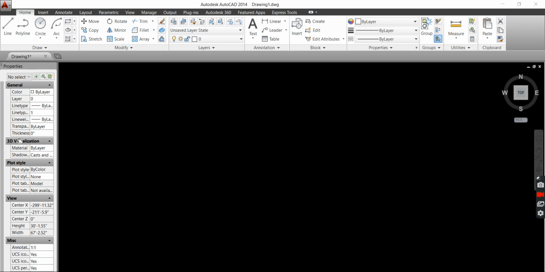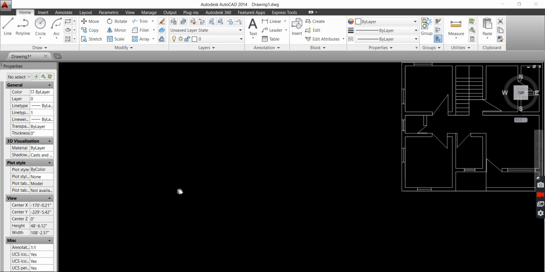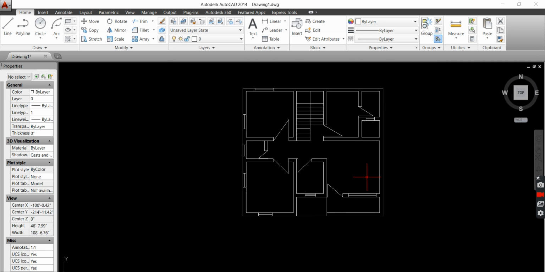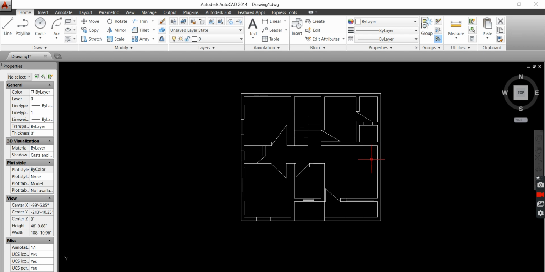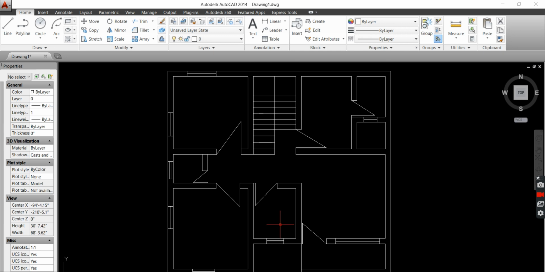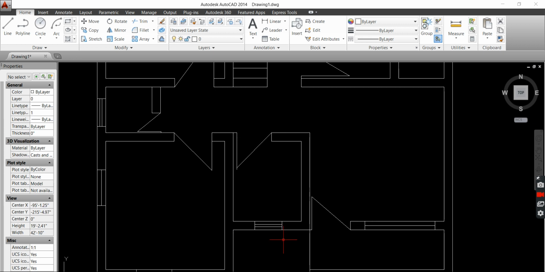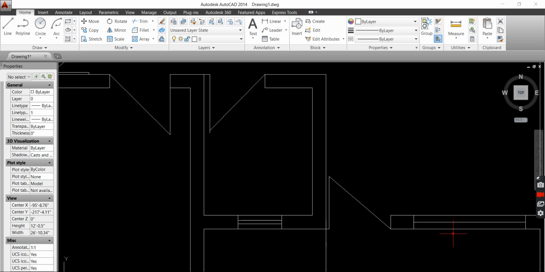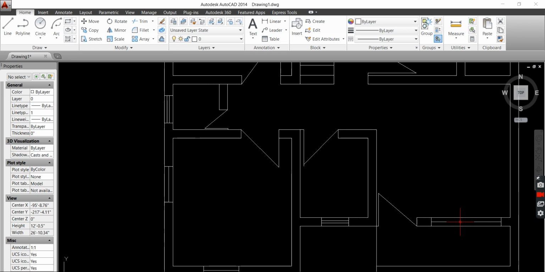And after completion of that, this is the drawing. Now we completed the doors, windows, and ventilators. I know ventilators have 2 lines, and windows have 1 line.